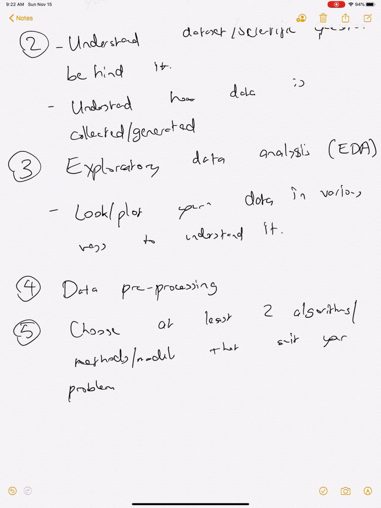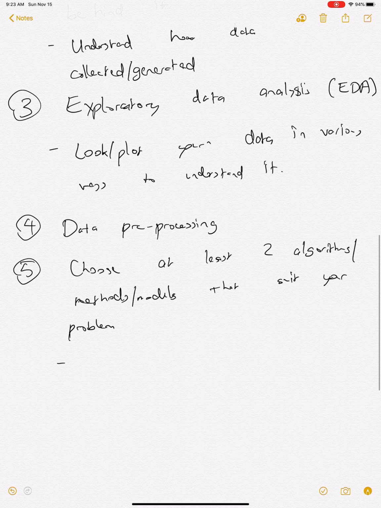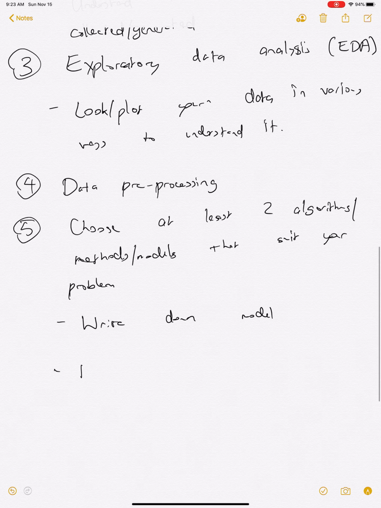And also keep in mind that all the algorithms that we learned are tied to models. So remember the four components that we have for our general framework. We have the data, the model, and then the algorithm and the analysis. And so in some sense you should write down the model that you have and then discuss